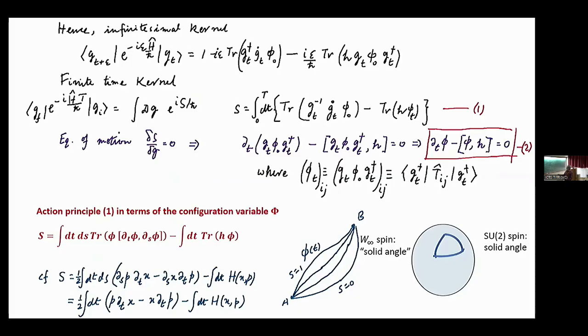You have to introduce a family of paths. So this is your actual path that you are interested in, for which you want to find out the weight to assign for the Feynman path integral, but you have to write it as an integral over this cap. So this is called a cap. This is very similar to a solid angle for this W infinity spin. This is also called the co-adjoint action.